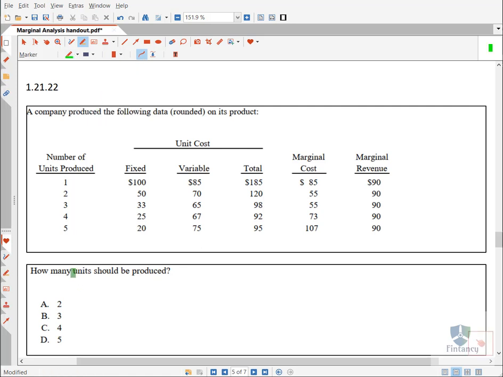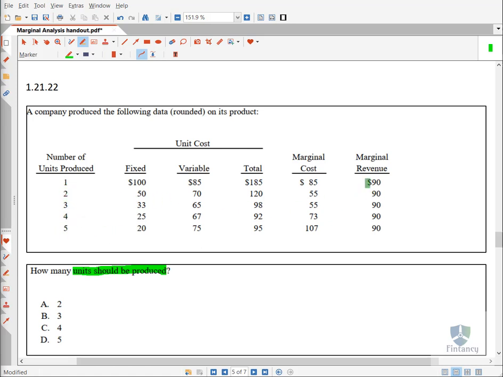So, my friends, how are you going to solve this question? Very tricky question. Not so tricky, but it's tricky. So you can look one by one. If I produce 1 unit, my revenue is 90, my cost is 80, right or not? If I produce 2 units, again this is units, this is not the second unit, this is not the third unit. I hope you people got the point. This is cumulative.